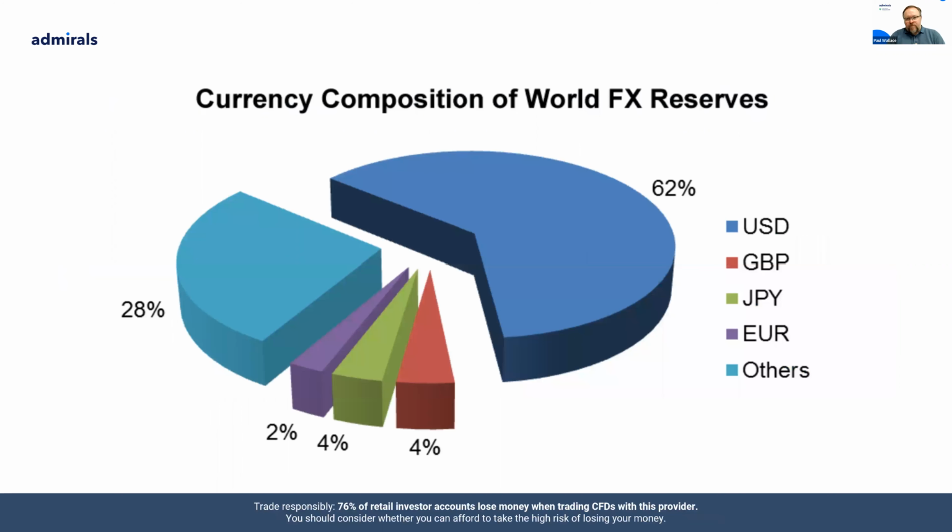What is also important to know, remember we were saying earlier, is that because the US dollar is the reserve currency of the world, countries, companies and banks have to hold FX reserves. You can see that 62%, almost two-thirds, of all those reserves are held in the US dollar. Then you're looking at sterling, yen, euro, and a little bit more. And this becomes important,